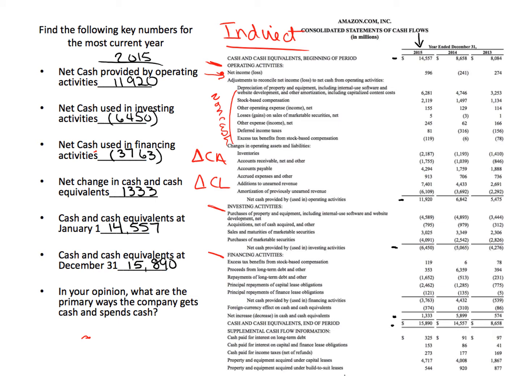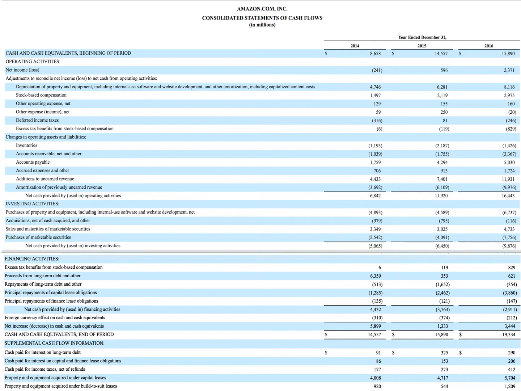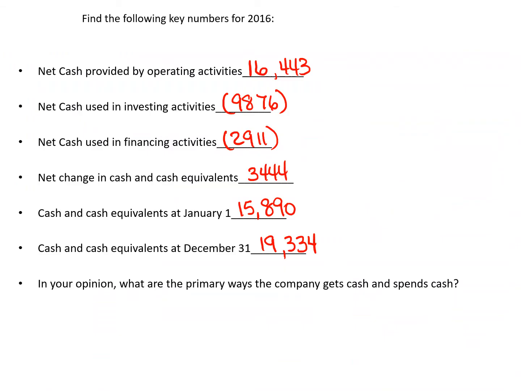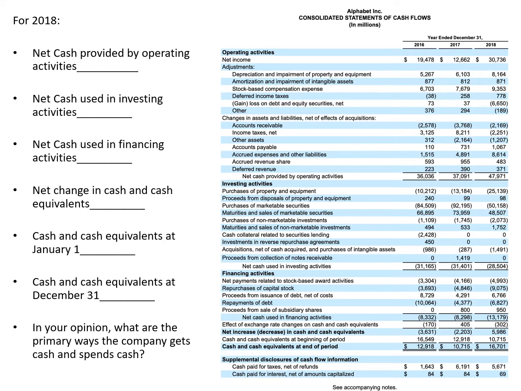This may look familiar because if you did the pre-work, you found the important numbers in the consolidated statement of cash flows for Amazon, and you found them for 2015. You could also notice they changed the direction, find them for 2016, which is here, and then Amazon became Alphabet. So for Alphabet for 2018, here,